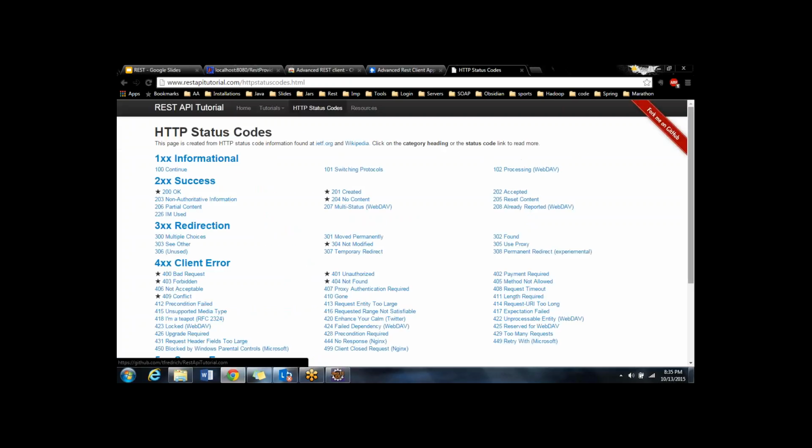If you see here, these are all the valid status codes, and anything which starts with 1xx is what is called informative messages. If the browser gets 100, it says continue, 101 switching protocols, 102 means processing some request. And if it gets anything in the series of 2xx, like 200 means okay, 201 means created, 202 means accepted,